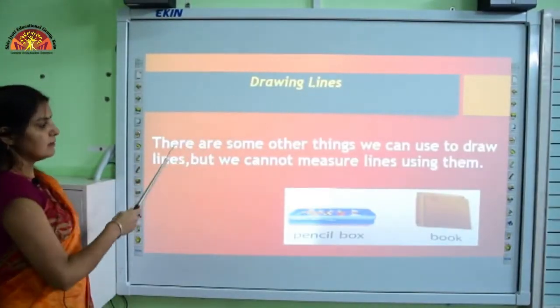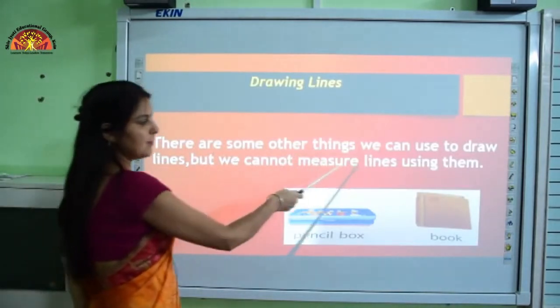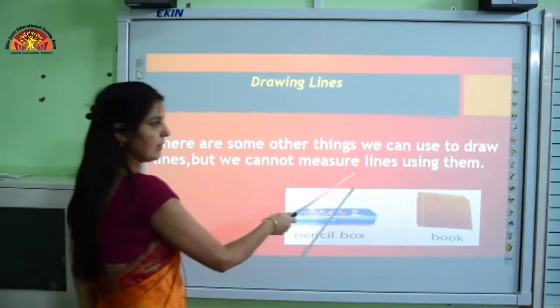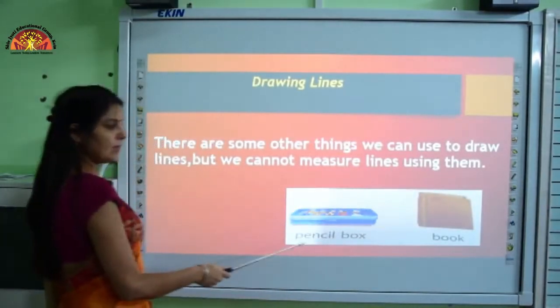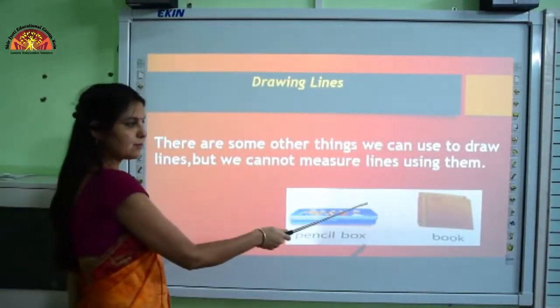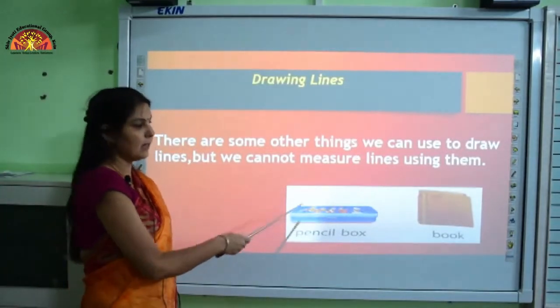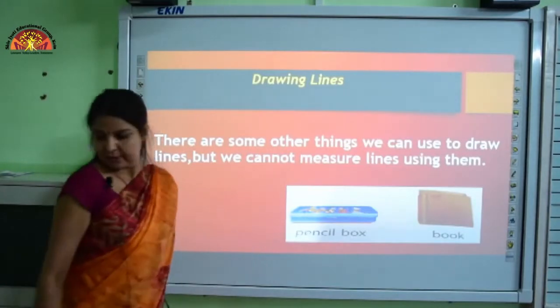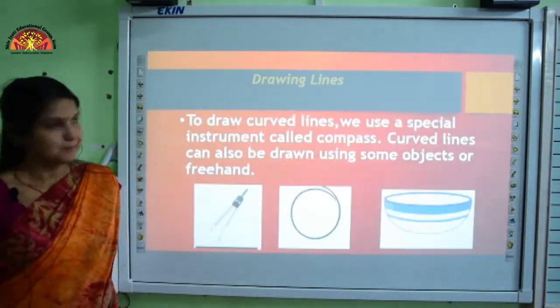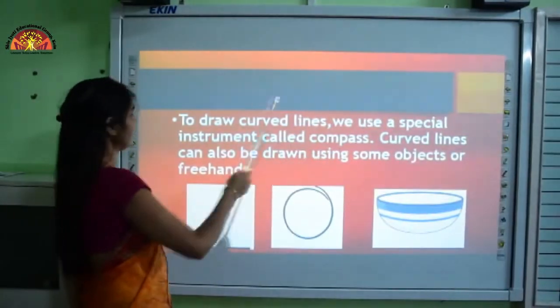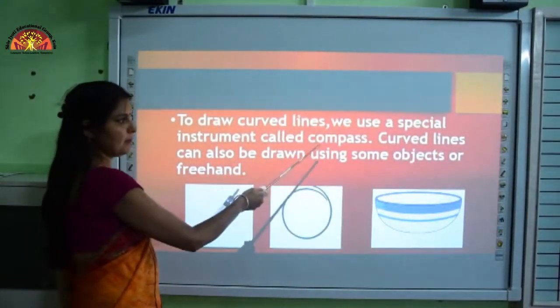Drawing lines. There are some other things we can use to draw lines, but we cannot measure lines using them. Children, we can use these objects to draw lines, but we cannot measure lines with the help of these objects. To draw curved lines, we use a special instrument called a compass.